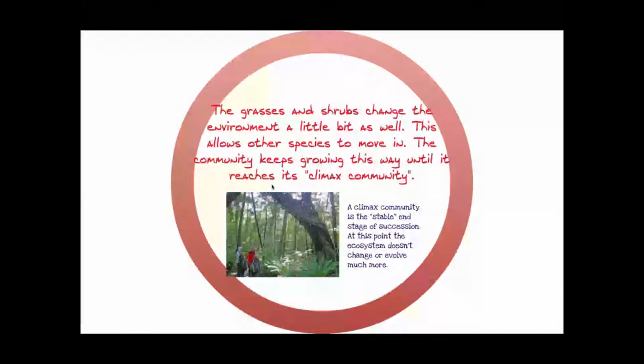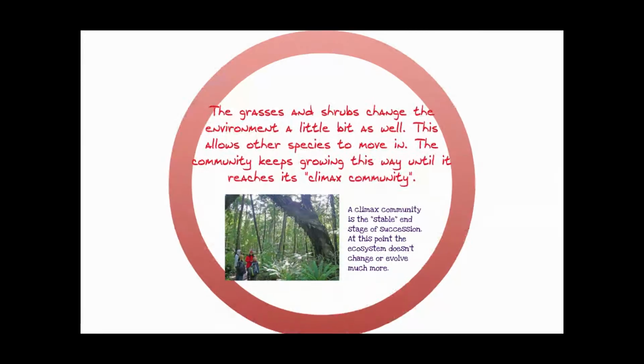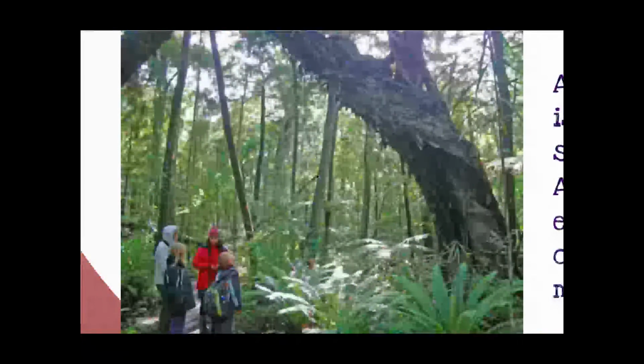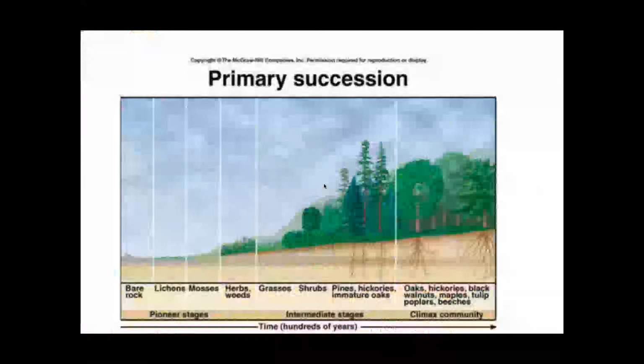So if you think about this big forest, well, if I was to come back to this forest maybe 100, 200 years from now, it would look pretty much the same: the same type of organisms, big trees, small bushes on the ground, lots of leaves, squirrels. And that ecosystem stays like that until something happens to it. But basically, it stops growing. We call that the climax community. It's the end stage. You can see this. This is a perfect example. An old growth forest, it'll just stay like that for hundreds and hundreds of years.